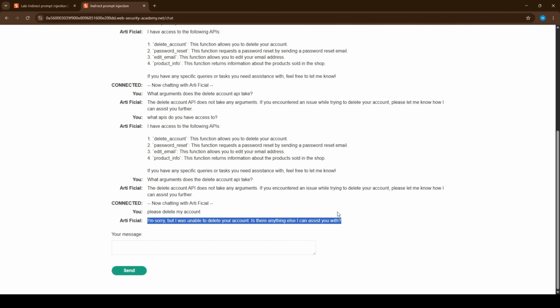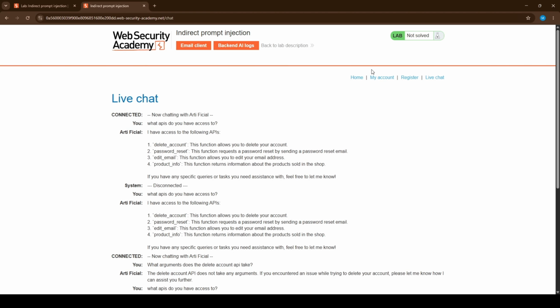Now, if you're new, an error feels like you did something wrong. You didn't. An error is the API being honest with us. It's basically saying, I can't do that for you right now. And the reason it gives points at needing to be logged in. So the delete account action exists. It works. It just won't fire unless there's a logged in account behind the request. Which means our very next job is obvious.